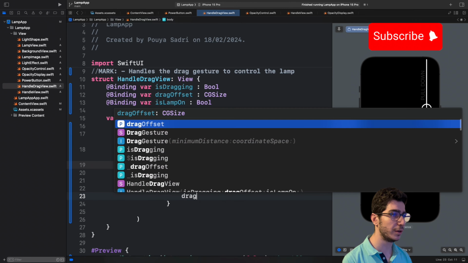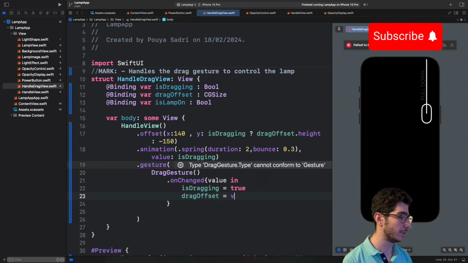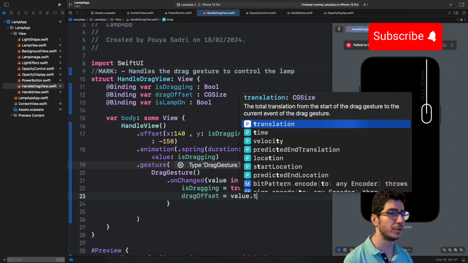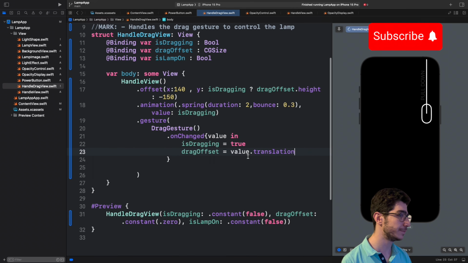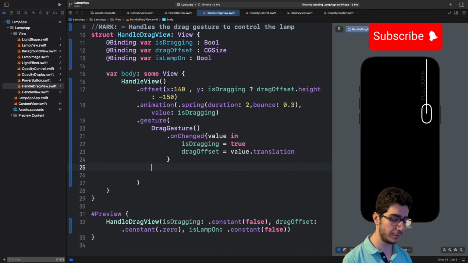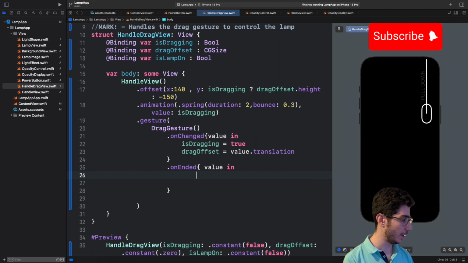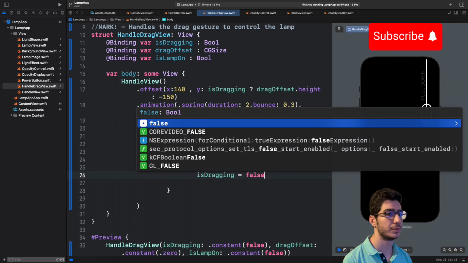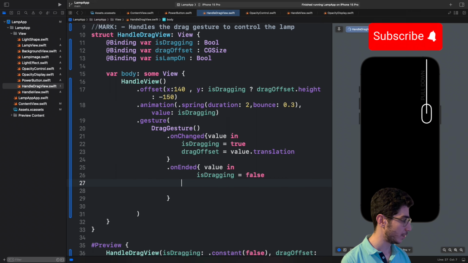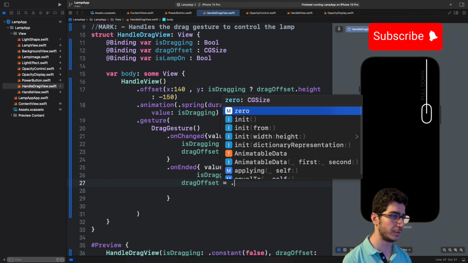Then dragOffset equal to value dot translation, and after that we have to pass onEnded, and again value and isDragging equal to false. Then we dragOffset equal to 0,